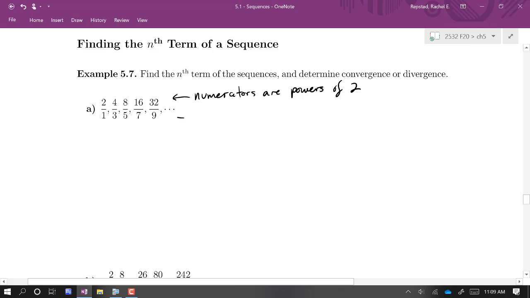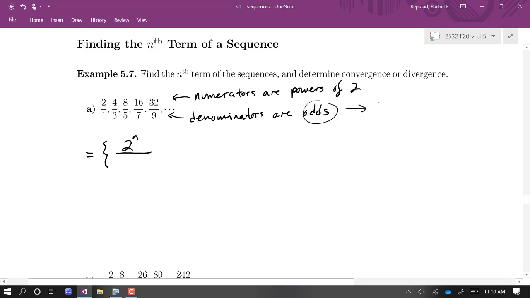And the denominators, these numbers in the bottom, they're all odds. And so if I'm going to try to write the nth term, the powers of 2 up top, it does begin with 2 to the first, 2 squared, 2 cubed. So that'll be 2 to the n. And these are all odds. And an odd